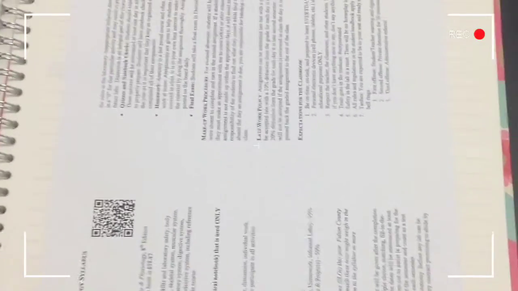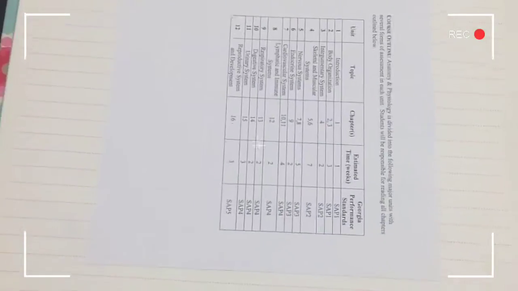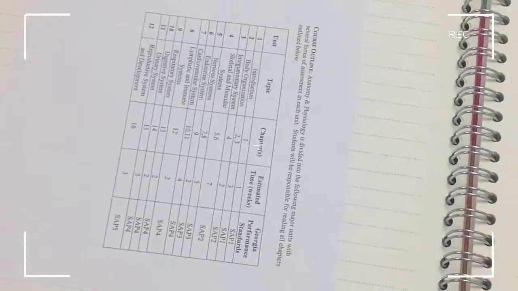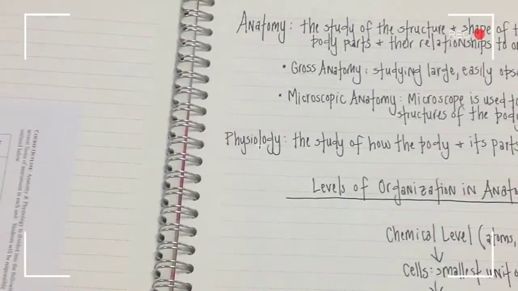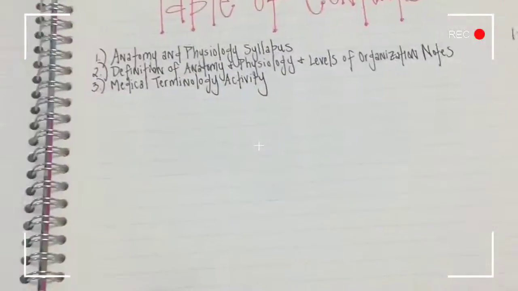Then on the very first page of your notebook goes your syllabus. So you can see that I've given it a page 1 here. So be sure you've numbered your pages, but I'm going to put my syllabus here, and then here is the back sheet. Goes on to page 2. So don't try to fit it all on the front, but be sure that you do use front and back. And then you can kind of see that here are some notes we're going to get into on page 3 and page 4. So we'll get there in class, but for right now, be sure that you have a cover page, a page for your table of contents that you've labeled, leaving the back blank,